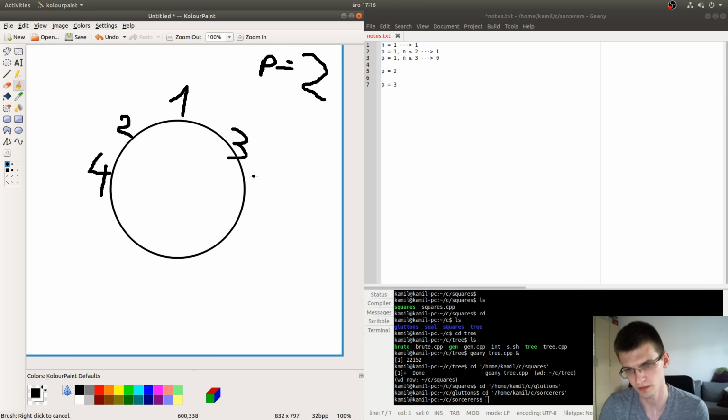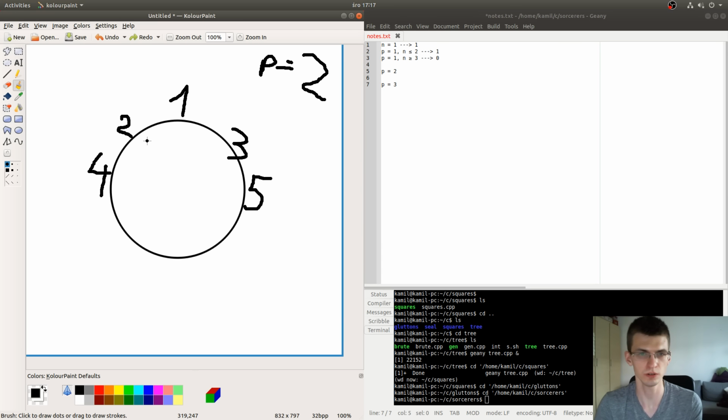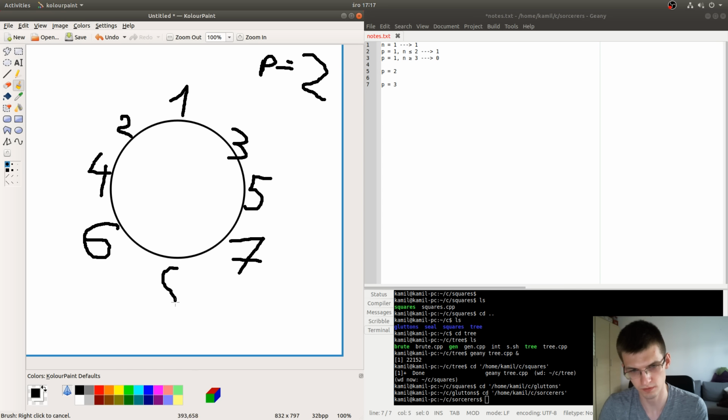Next to 3, 5. 4, 6. Because there is no other person, for example, at this moment. 4, because p is equal to 2, the only possible people are 2, 3, 5, 6. And the only not seated person is 6. So we do something like this. And it's the only possible ordering.